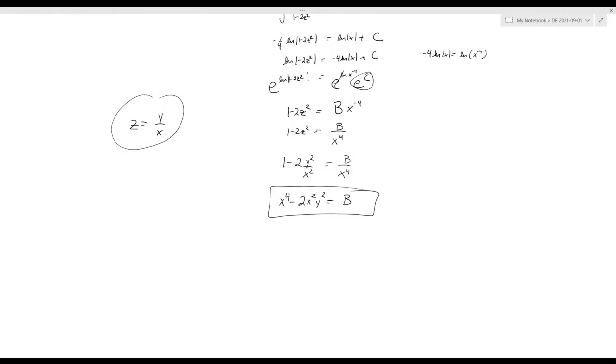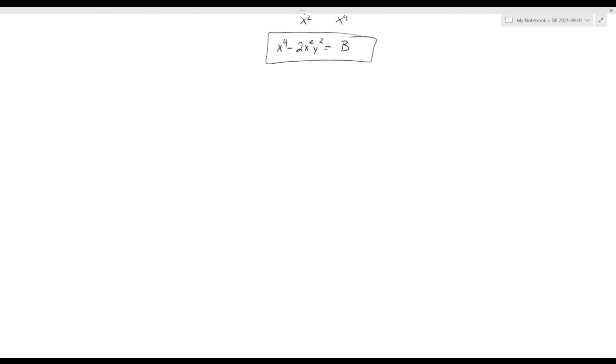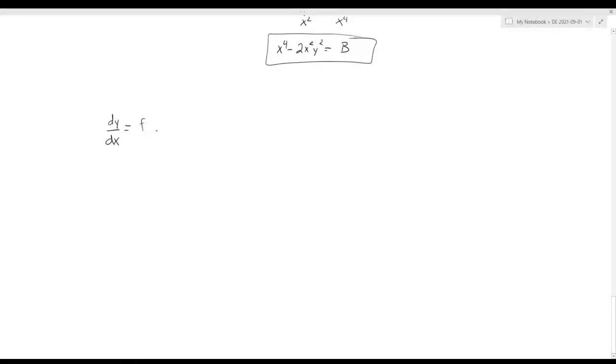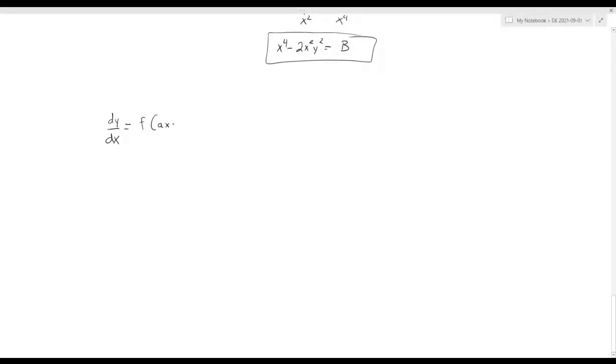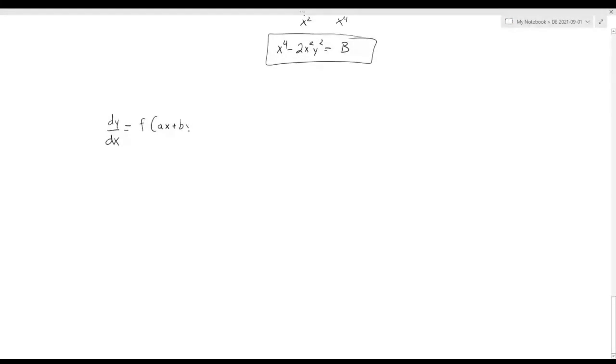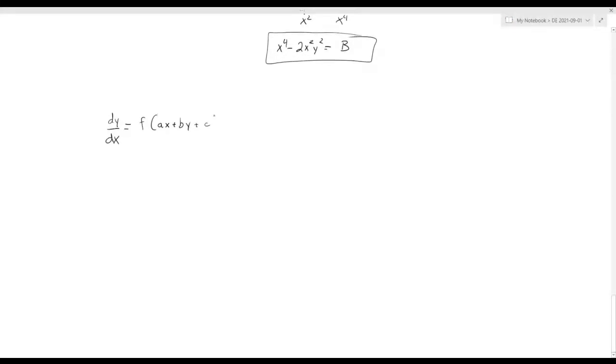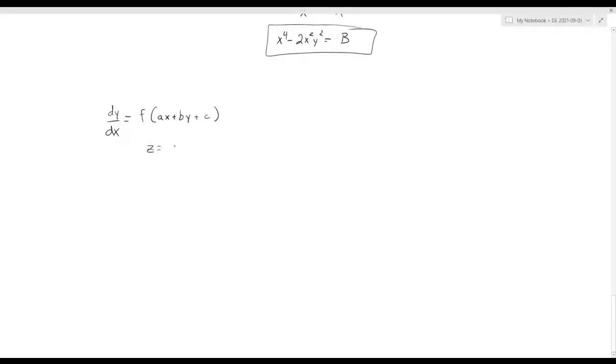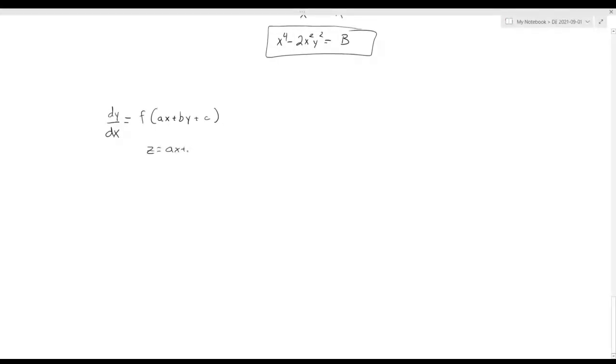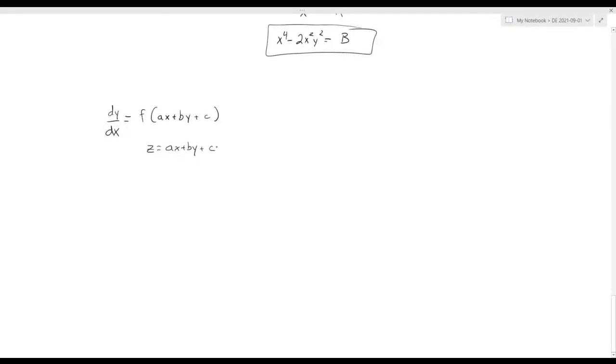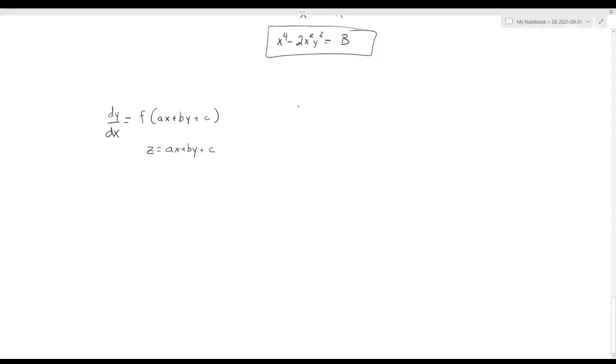So, same theme, but it's not a homogeneous differential equation. Here you have dy/dx is equal to some function of x and y. However, if we can get this to be a function of some combination of x and y up to a constant, again we can use the theme that we're going to lump this complicated expression into a single new variable, z, say, to simplify the right-hand side. So, for example,